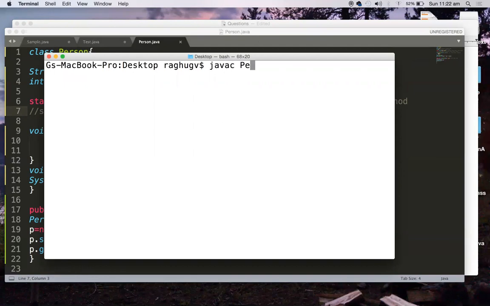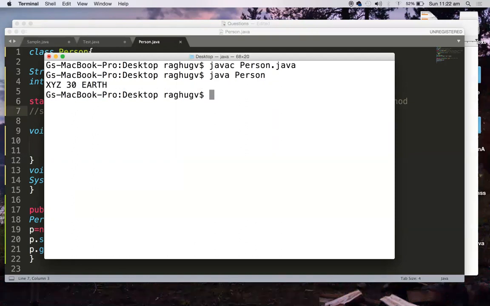I am compiling this with javac person.java, compiled successfully, and then java person. The main method is invoked. A local variable is created, an object is created, set person is called, and get person is also called. Get person gives us the details of the person. Name is xyz, age is 30, and the planet he lives on is earth.